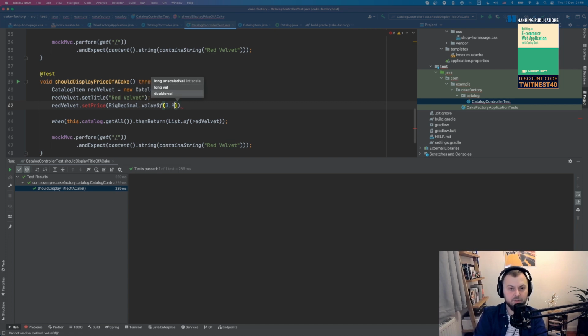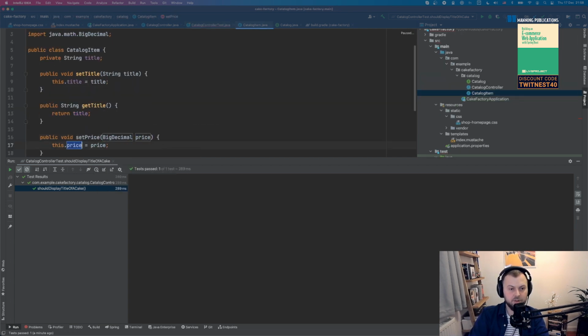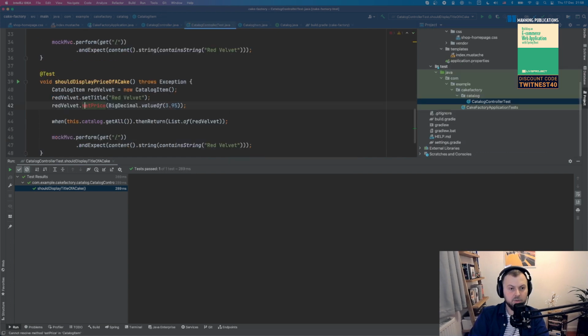Is it a fair price? Right. So now we're setting the price property. Cool. So you see, we're kind of reshaping our data model, our services, our code, basically guided by tests.